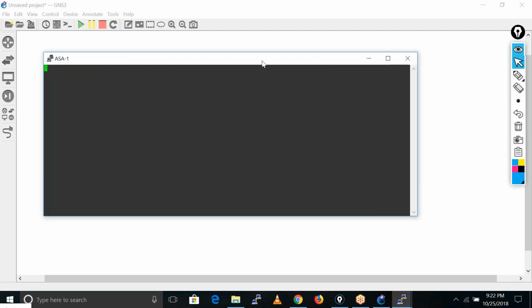Okay. So I hope you all complete the ASA installation today, because I already shared the links to download these images as well as the GNS3. So you can just download and install it on your system. Okay.